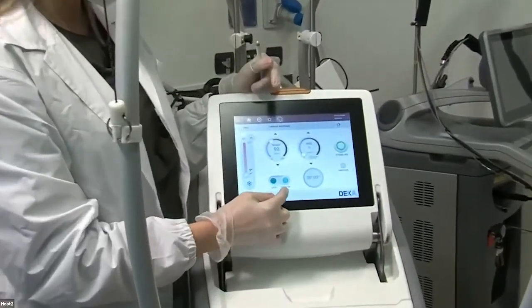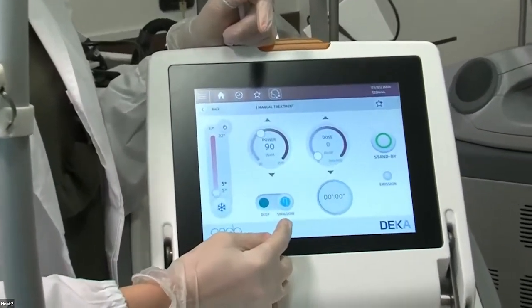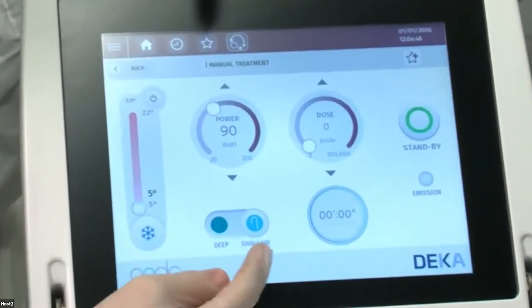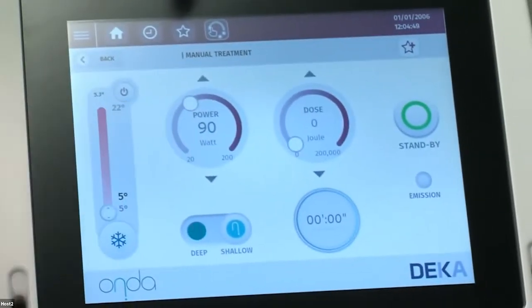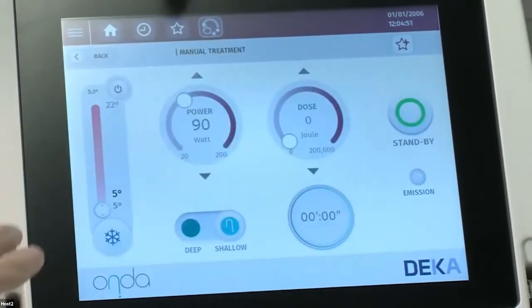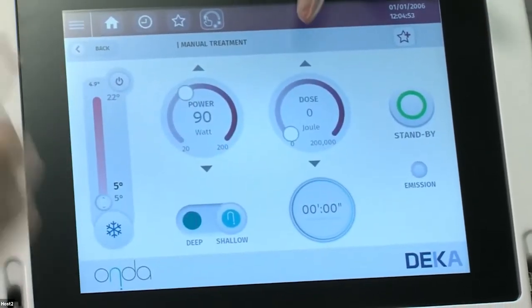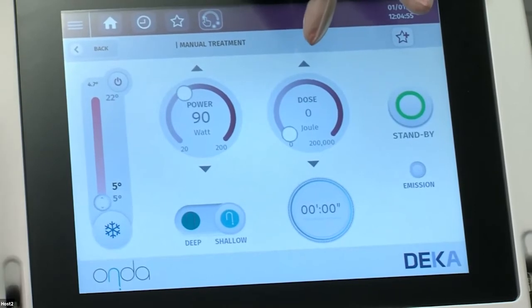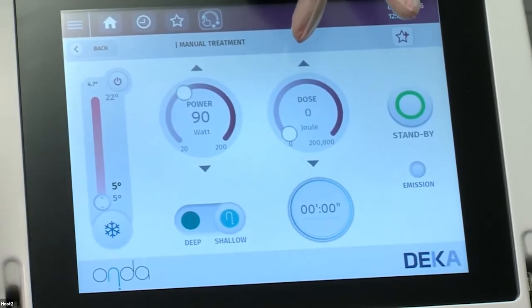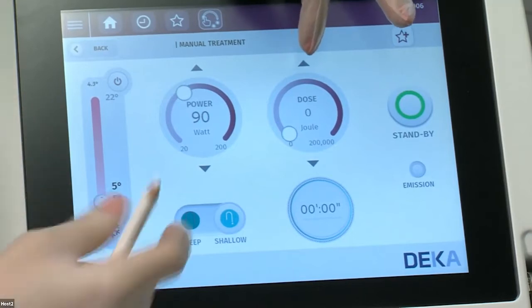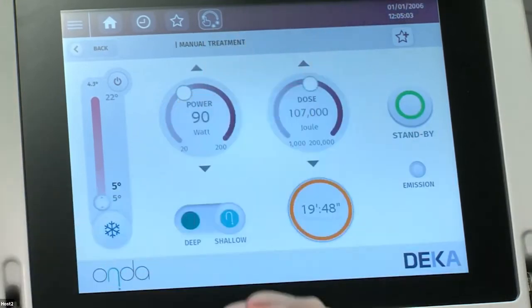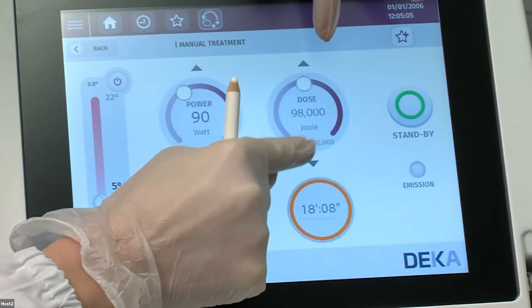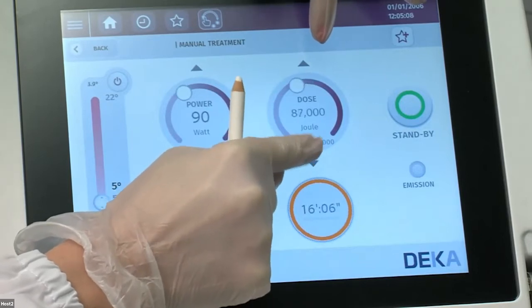I prefer, as I said before, to use the shallow handpiece for sure. First of all, I want to set the dose. Remember that for having better results, we need to deliver as much dose as possible. So for her, she has not enough fat. So I decided to deliver about